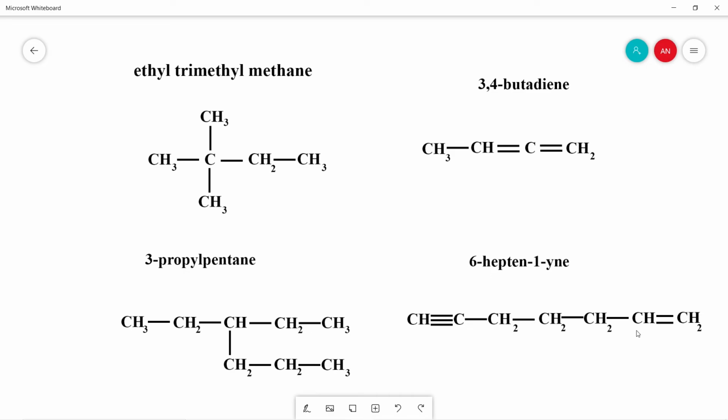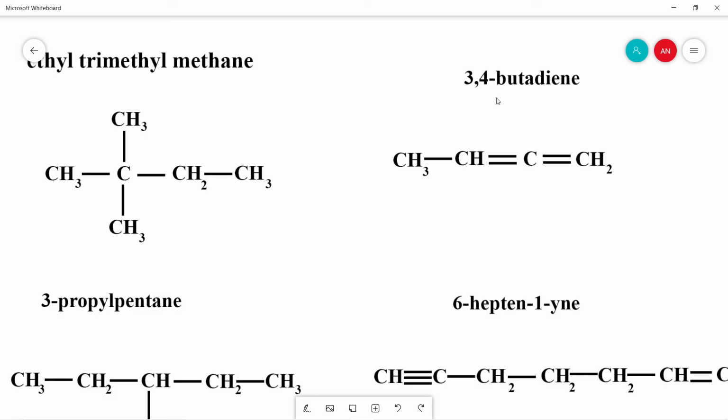But why are they wrong? Can you recognize these mistakes, why they are wrong? Of course, mistakes are very easy to recognize here. As you can see in this first example, the parent chain contains 4 carbons, but still the name given is methane. So it's wrong. Its parent name should be butane, right? And there are 2 methyl radicals on the second carbon, so its name would be 2,2-dimethylbutane, right?